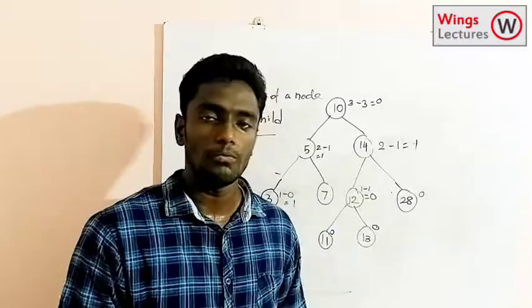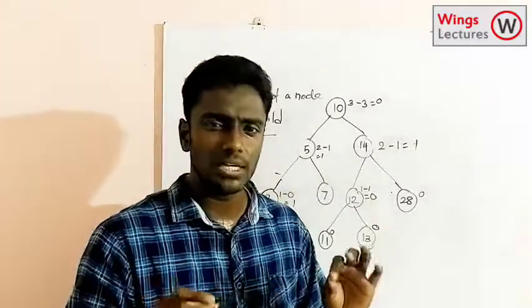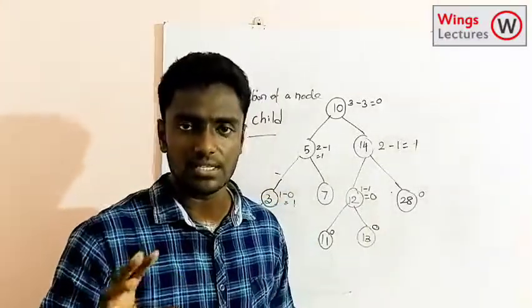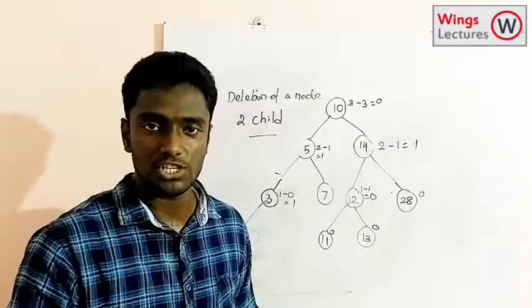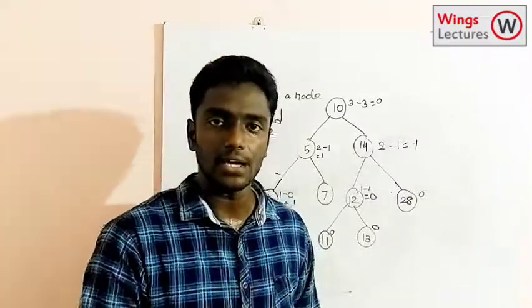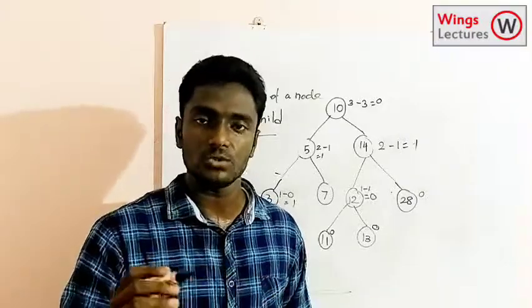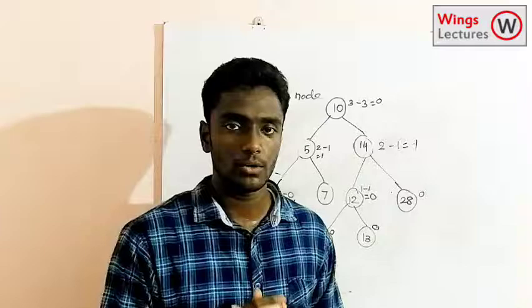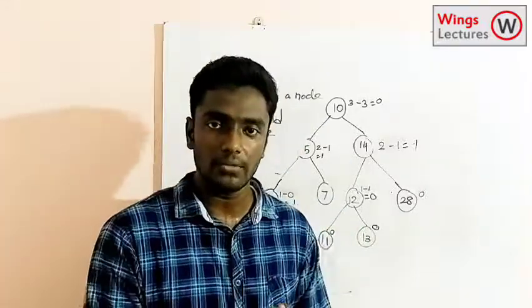Okay, so I hope you understood the logic well, and it's quite difficult to understand at the very first sight. So you have to repeat the rotation section, then only you will get a clear idea how we are going to rotate the node when we get the balance factor as -2 or more than that. Okay, -2 or 2. So that's it. That's the whole concept of AVL tree.